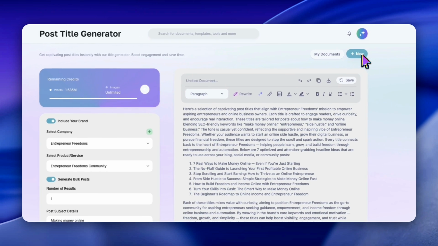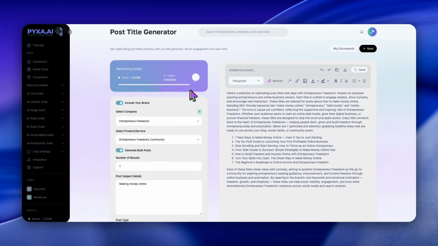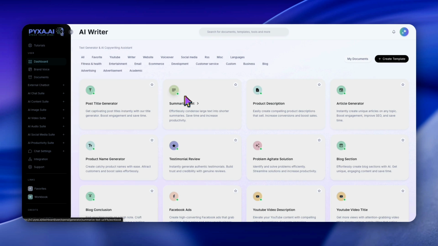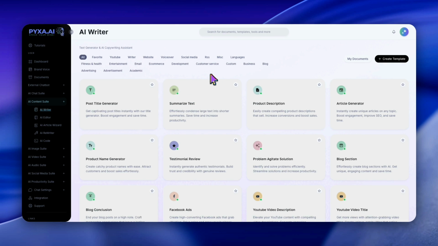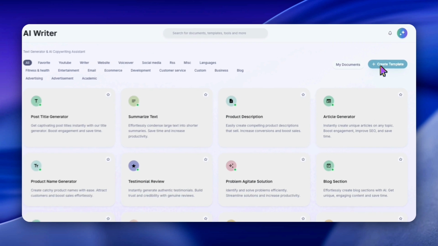Hit new, and it's going to allow you to generate. It's going to automatically take you back to generate something else, using a different type of template. Now, let me show you quickly in here how to create your own template. So what you're going to do is create,